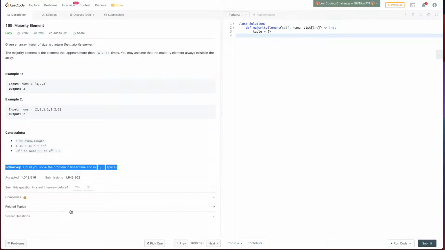We're actually going to talk about this much harder one, which is how do you solve it in linear time and O(1) space. And so I thought about this while I got stuck, and then I looked at the discussions, and